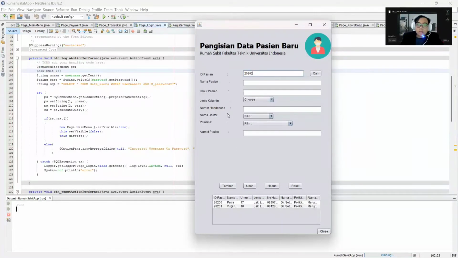If the ID patient is the same as another patient, there can be an error in the database because there will be a duplicate ID patient. Okay, for the name patient it is Restu Hardianti.